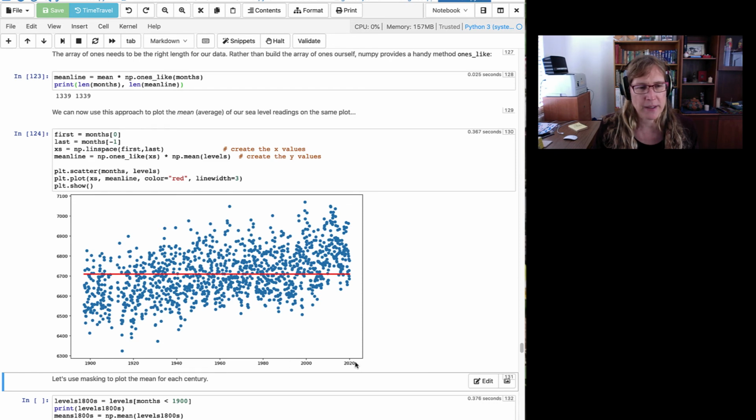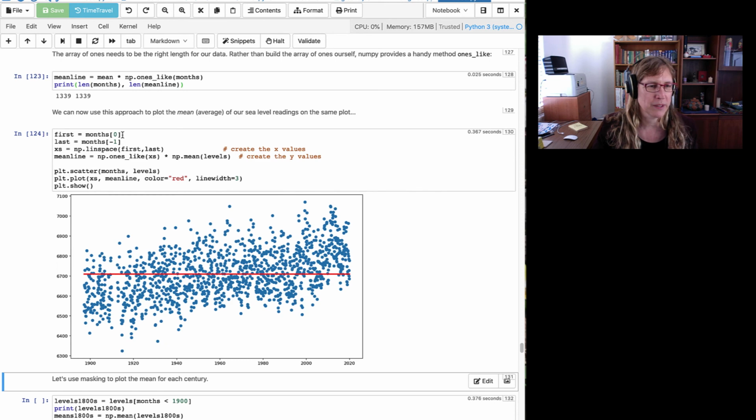Even though they're on the same axis, this is kind of important, and if you're debugging later down the track, you might find you plot something and you get a bunch of dots over here and you get a line over here and they're not in the same place. It's because plot allows you to use different values along the x-axis, and so the blue values that we've plotted are actually plotted against the dates, and the red values are actually plotted against our divided up x-axis in equal divisions. So two different things, but because the numbers coincide, if we'd done this from, say, 0 to 1339,